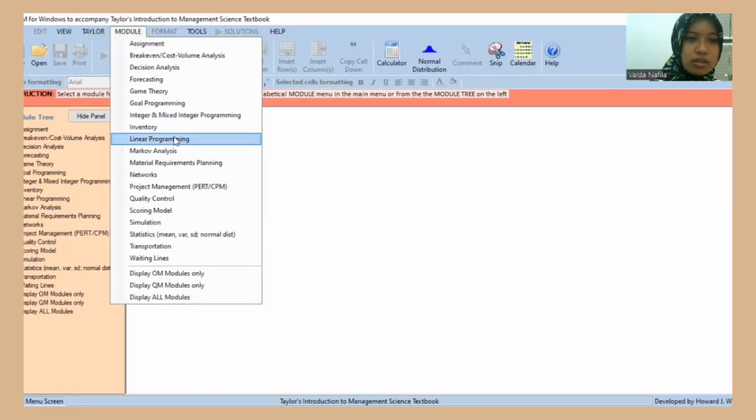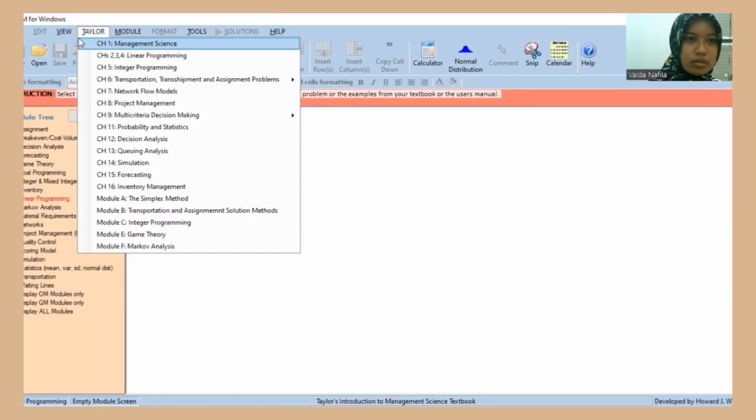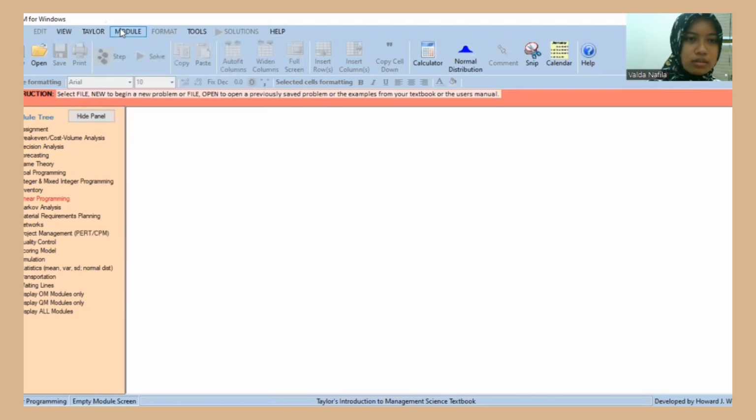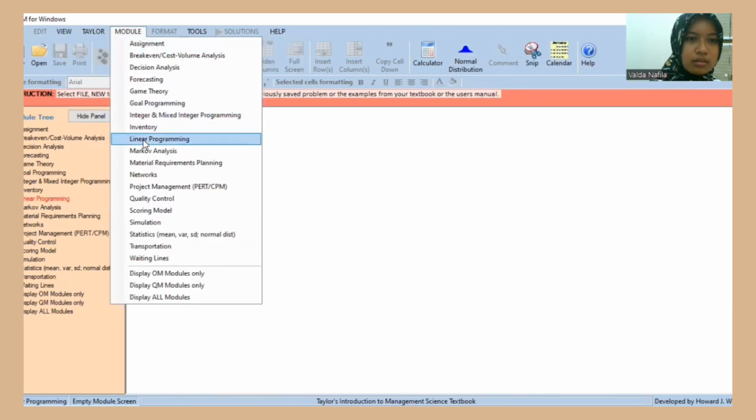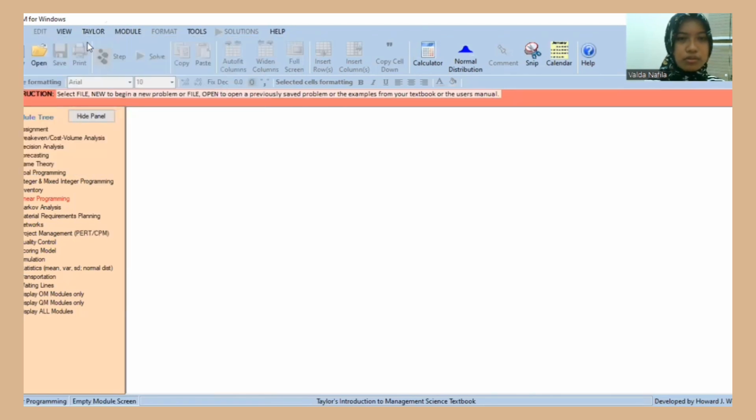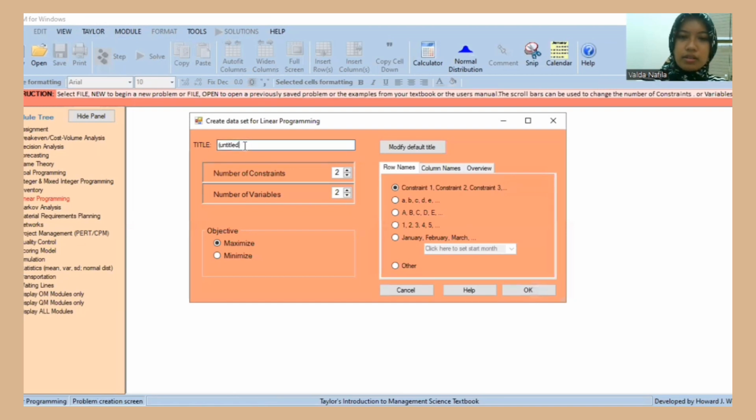So in here, we will show you how to use POM-QM to solve this problem. Okay, I will share screen. We choose linear programming and choose new. Okay, and the title we fill in is project linear programming.